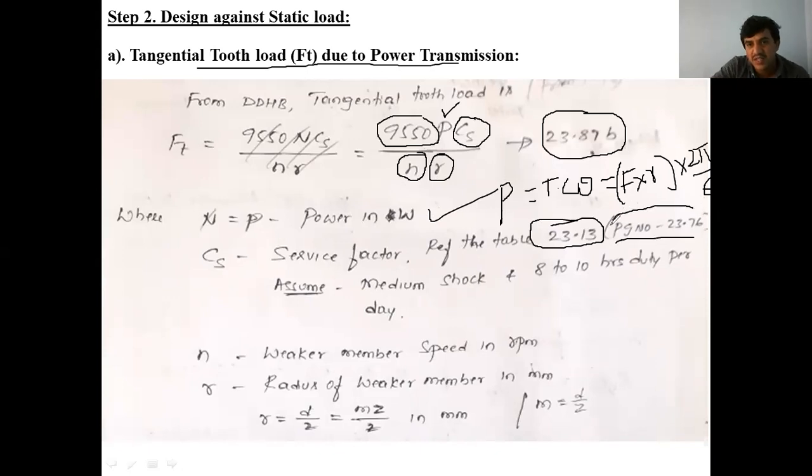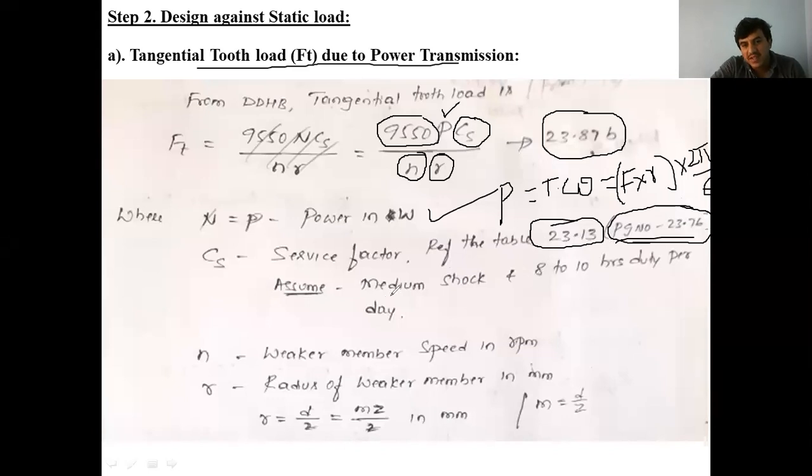So why do you give the page number? It means the table is not continuous here. 23.11, 23.12, 23.13: that table is not in order, it is somewhere else. That's why you give the page number. It is difficult to identify where table 23.13 is, so you directly refer to this page number. The tables are not in order. If a page number is not given, then those tables are in order itself here.